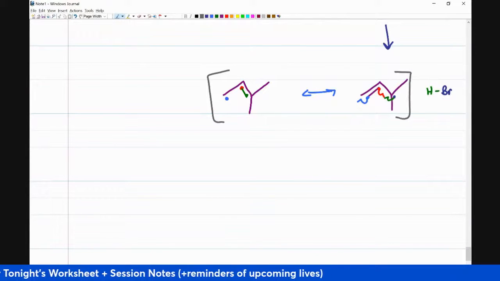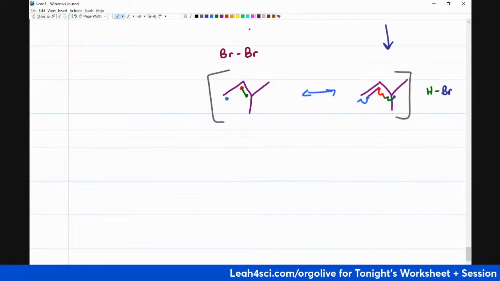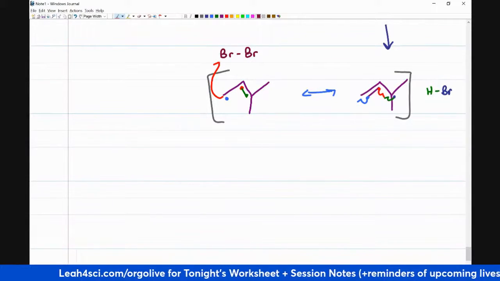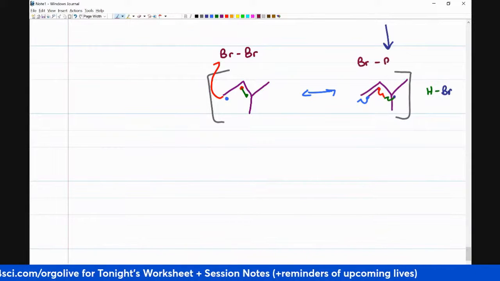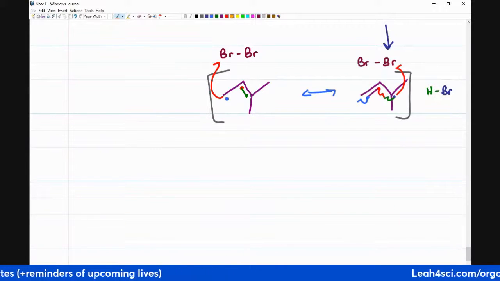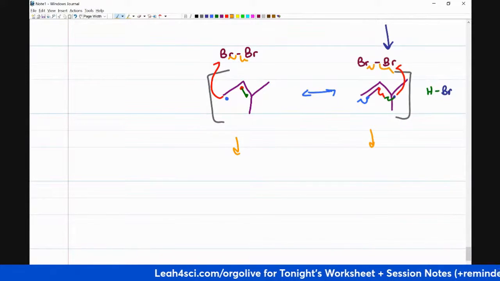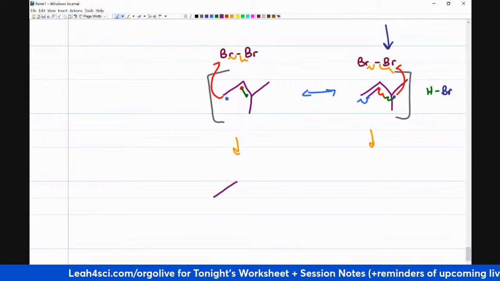and now, remember I told you that there's some Br2 in solution? Option 1 is a Br2 molecule getting attacked by this radical. And option 2 is a Br2 radical getting attacked by this molecule. And both situations will have the same exact mechanism. Donate, break, donate, break. And so my products, as I already showed you, but I want to show you here